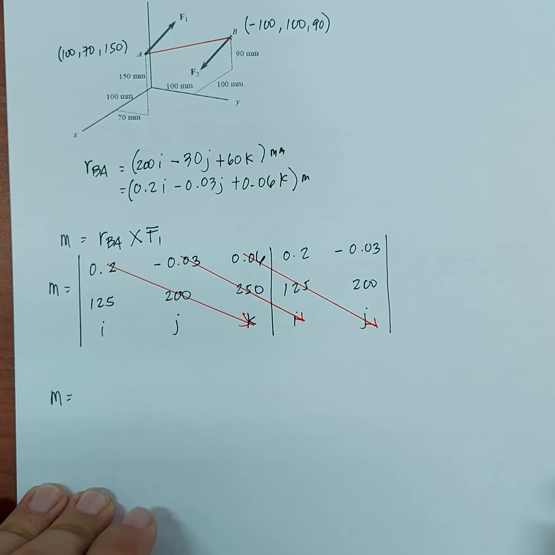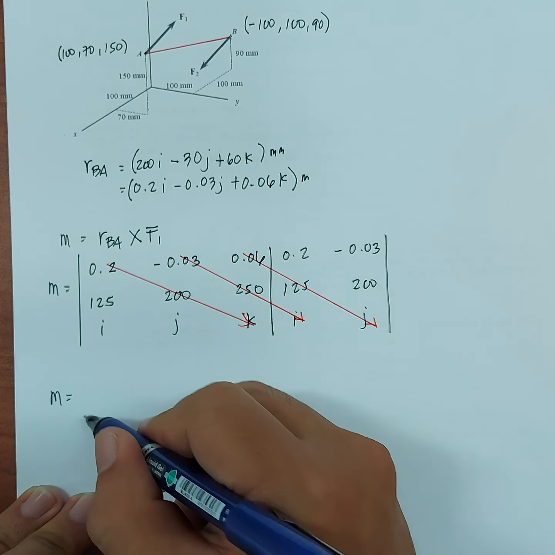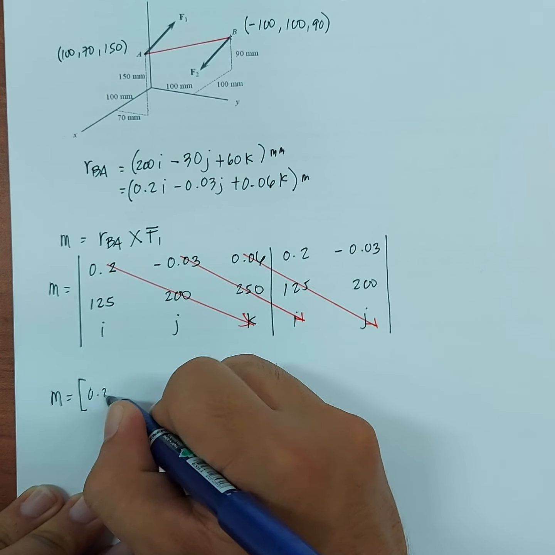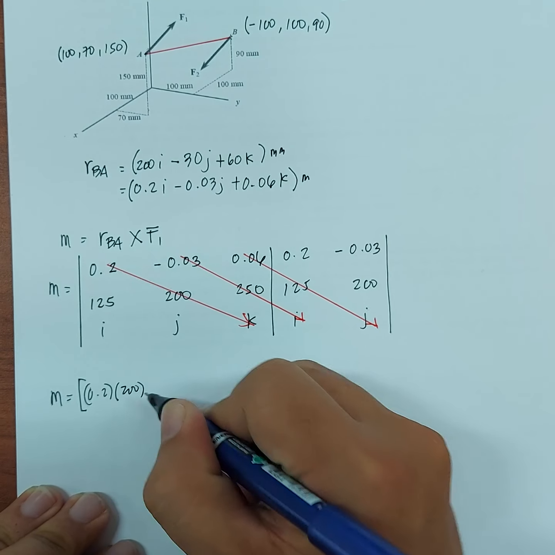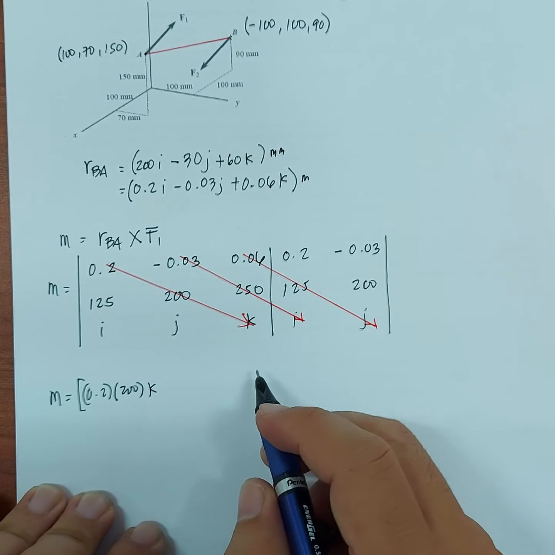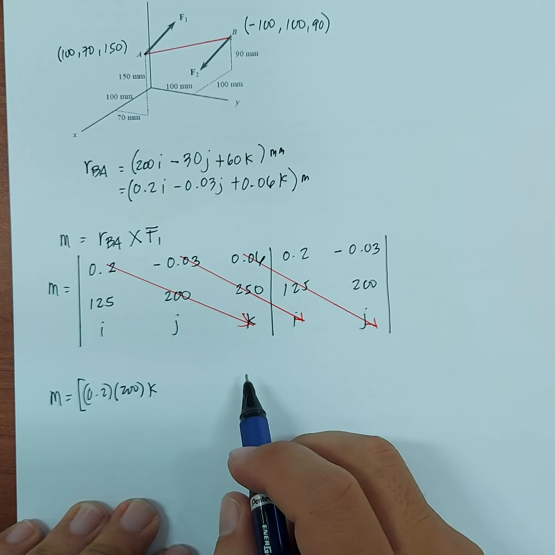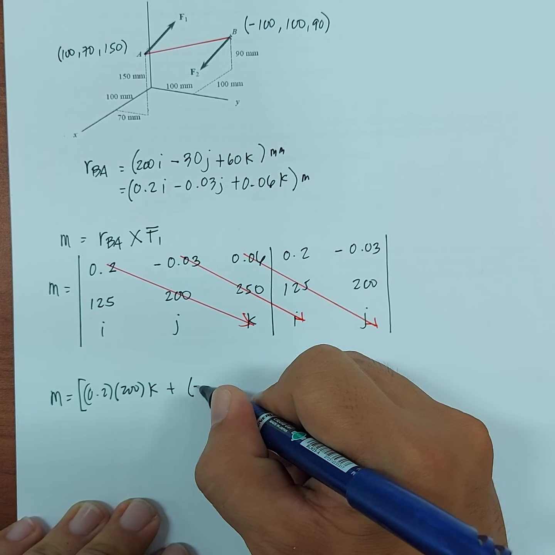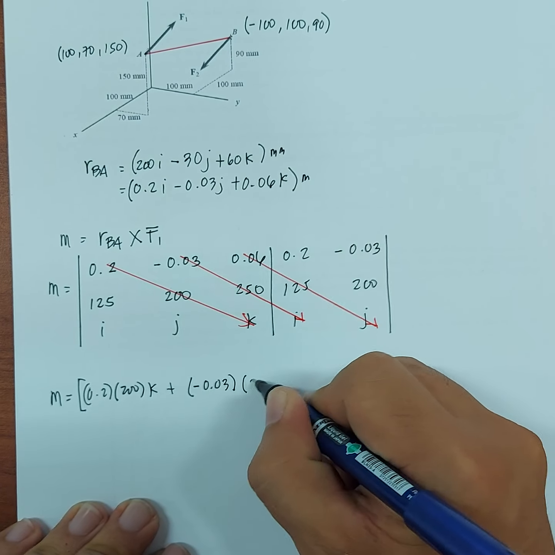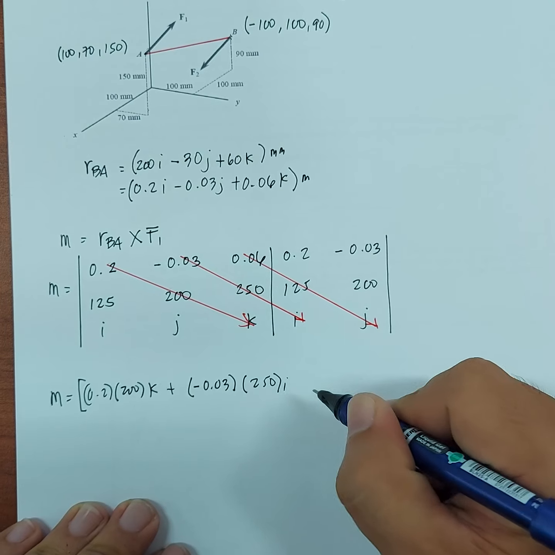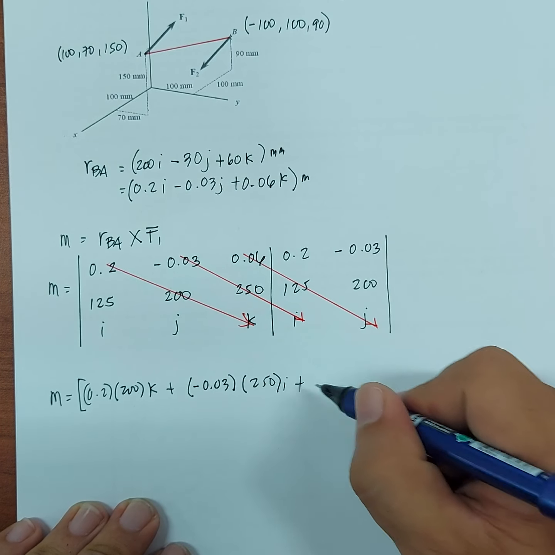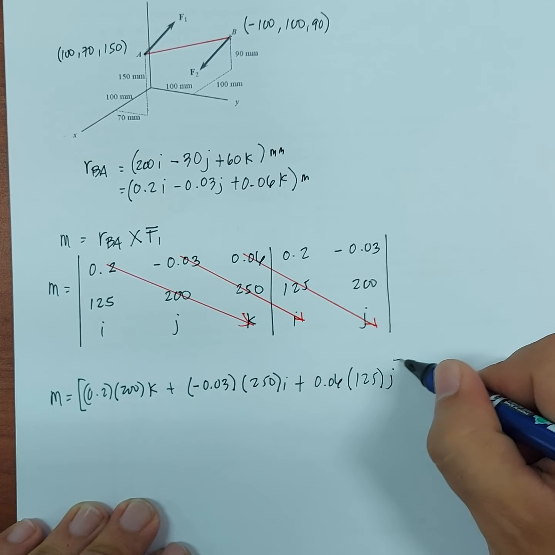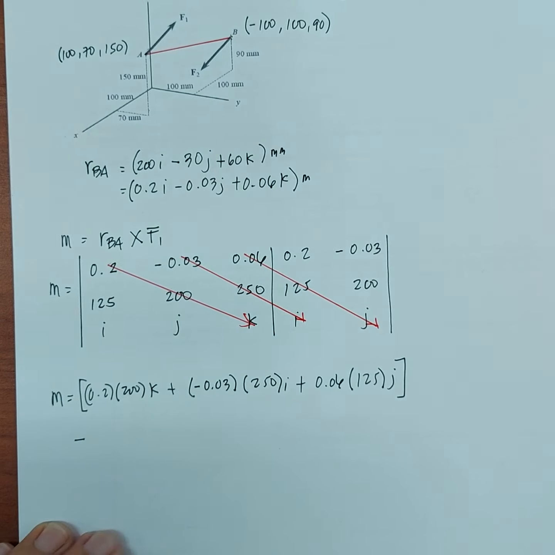That's equivalent to we have 0.2 times 200, K. Alright, and then plus negative 0.03 times 250 I plus 0.06 times 125 J. Then minus,